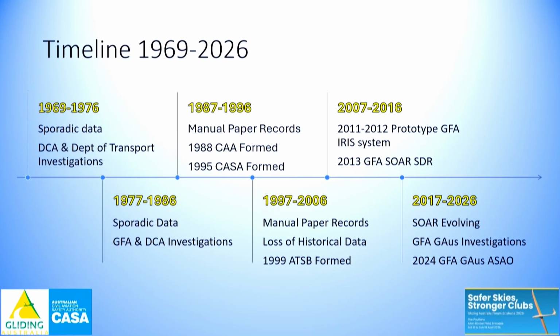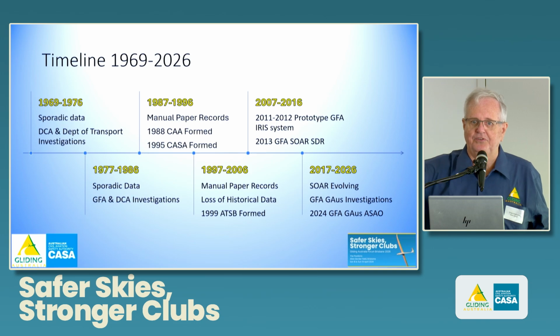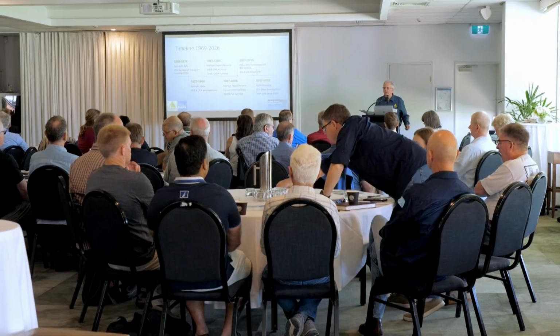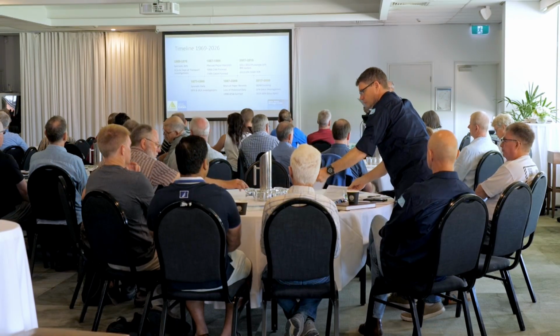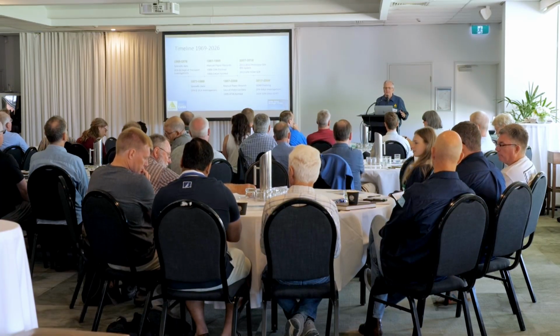So, here we've got a look at a timeline of the evolution of our systems, and I've done a deep dive and created a spreadsheet from hell and looked at our occurrence data from 1969 to present. Now, on the tables, there are a few copies of some occurrence data and some summaries of that data. Don't get hypnotised by them now, but there are information resources on your table that you can have a look at that are relevant later.